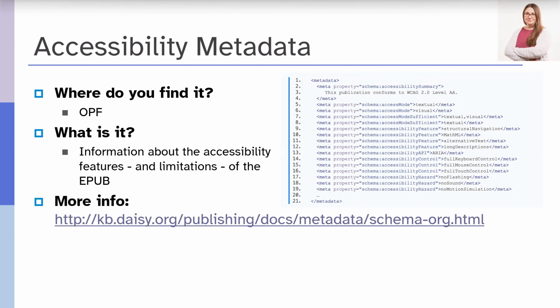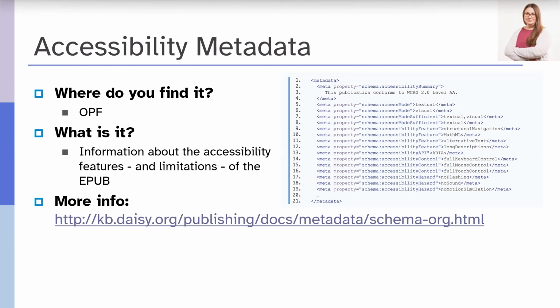Exposure of accessibility metadata is fairly limited right now. I know of two reading systems that have worked to make sure that this is exposed in their catalogs. One is RedShelf and the other is VitalSource. The idea here is that as users get more and more familiar with this information, they can make smart decisions about what type of book they need for their course or what type of book they would like to read in their free time.